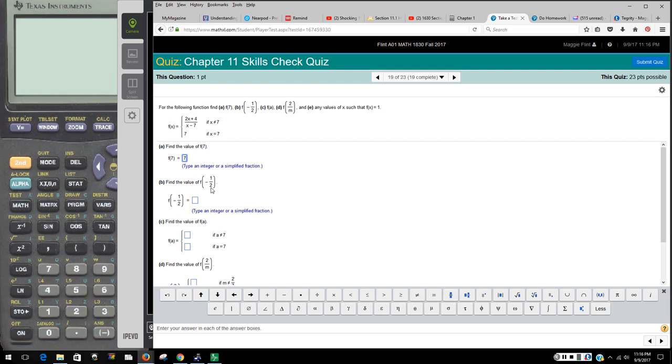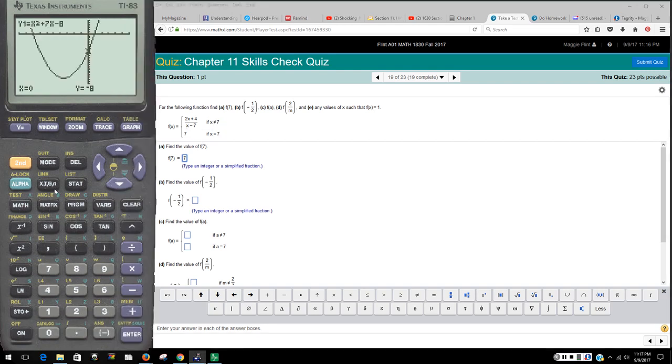The value of f of -1/2 means that I would take -1/2 and put it in place of x, since this is for all x values that are not 7. So using my calculator to help me out, in parentheses, 2 times, and again, because it's a fraction, in parentheses, but it's a negative fraction, so the negative goes outside the parentheses. 1 divided by 2, close parentheses, plus 4, close parentheses,